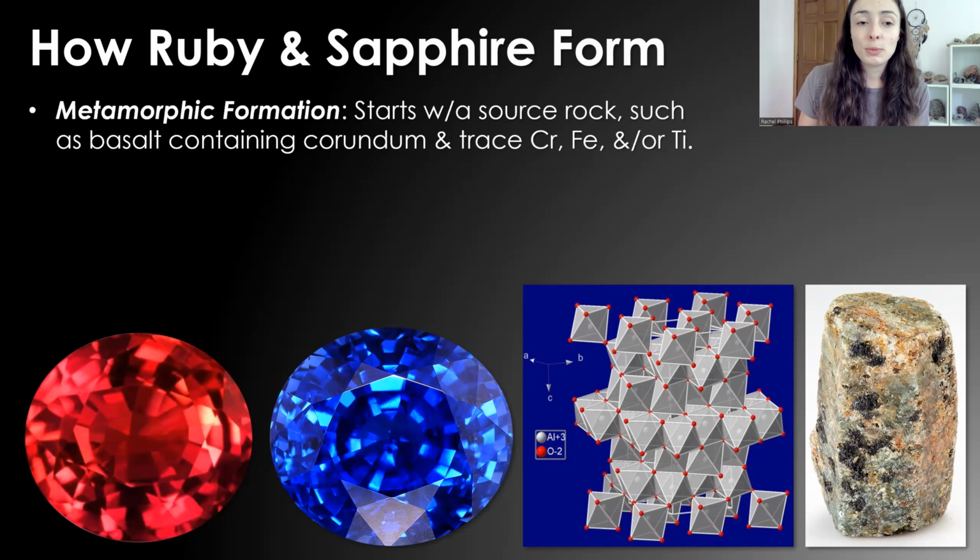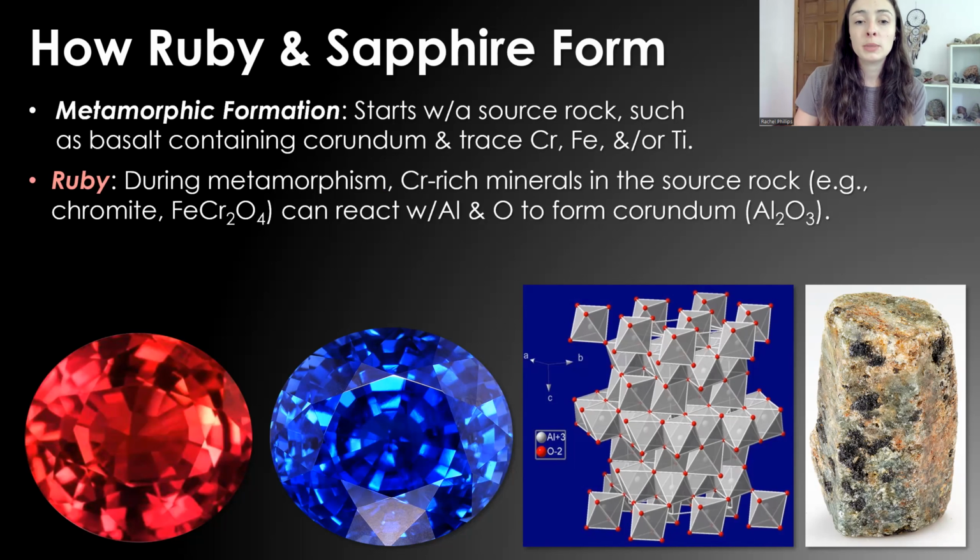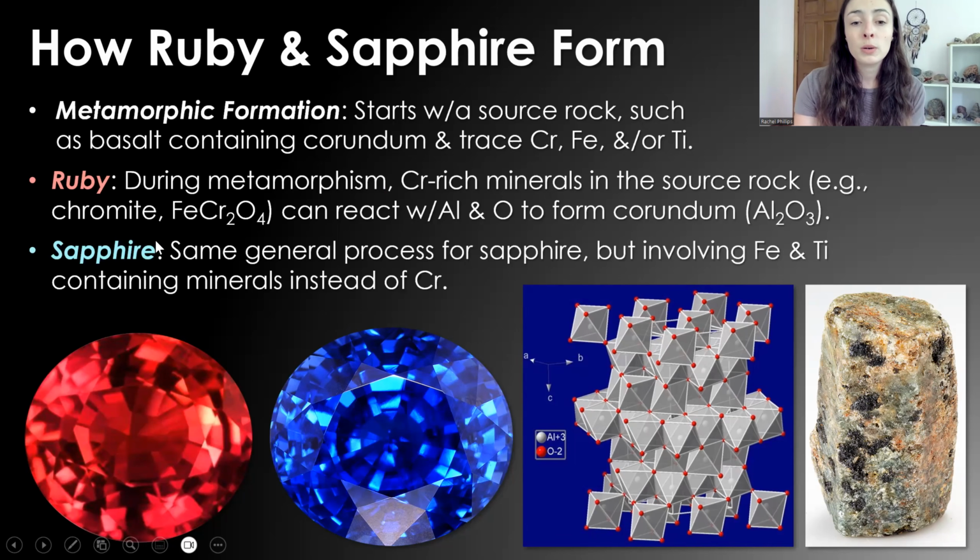So that's their igneous formation, and their metamorphic formation starts with a source rock, such as basalt containing corundum, aluminum oxide, and trace amounts of chromium, iron, and/or titanium. Ruby forms during metamorphism if the chromium-rich minerals in the source rock, like chromite, for example, react with aluminum and oxygen to form corundum with chromium impurities. And sapphire can form basically by the same general process, but involving iron and titanium impurities reacting with aluminum oxides